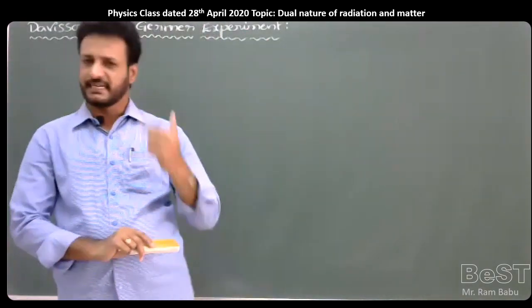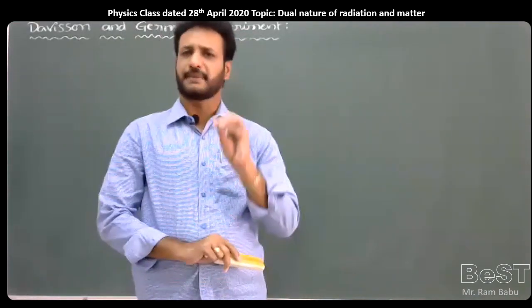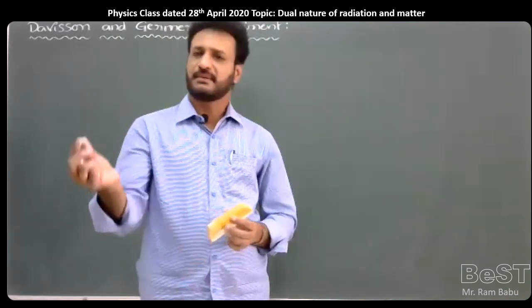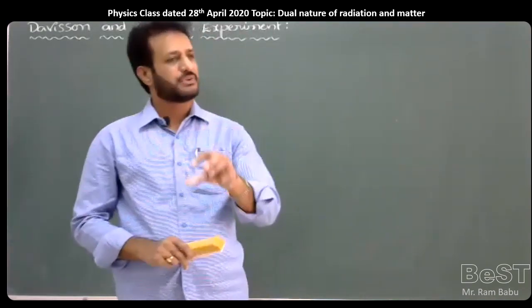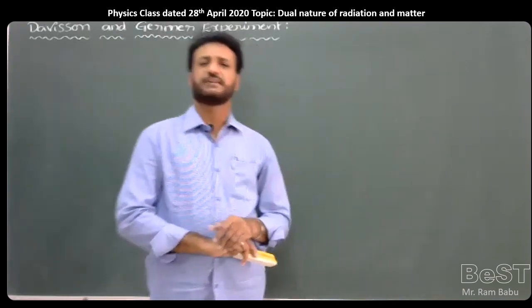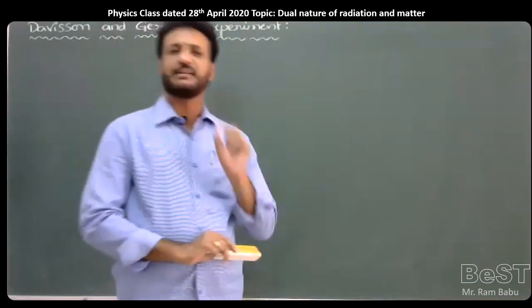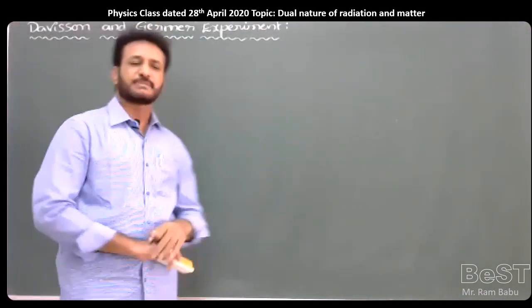It is one of the first experiments to prove the wave nature of the particle. But theoretically, who predicted the wave nature of particles? De Broglie. De Broglie first predicted in 1924 the wave nature of the particle. Whenever an electron or other particles are in motion, waves are associated with the moving particle, called matter waves or de Broglie waves. So the wave nature of the electron was first theoretically predicted by de Broglie, but experimentally verified by Davisson and Germer in 1927.